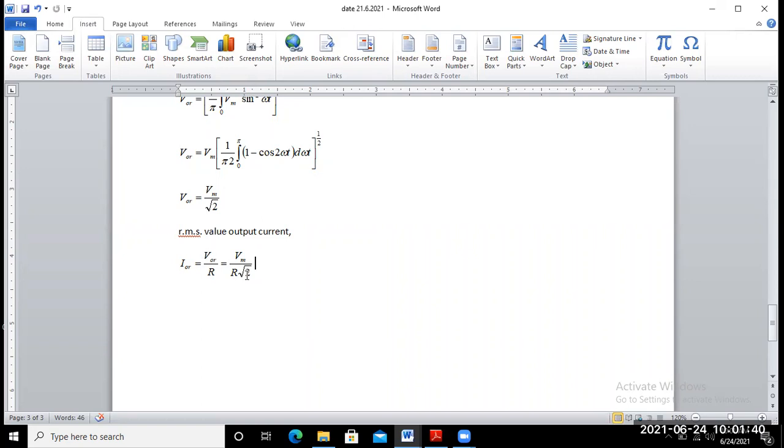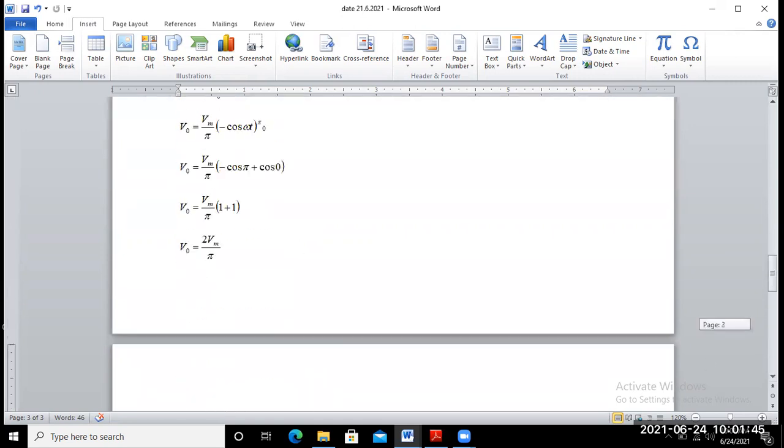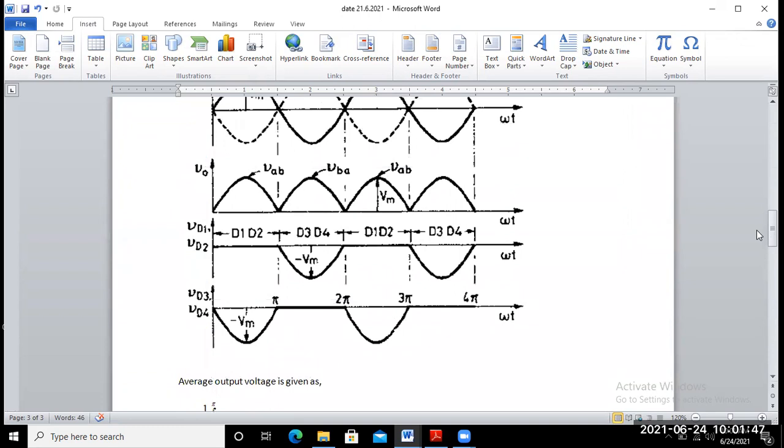Okay. So you may also draw their output current waveform here. For this resistive load, this is your output voltage waveform. So the output current waveform is also the same as the output voltage, that means this one for the purely resistive.